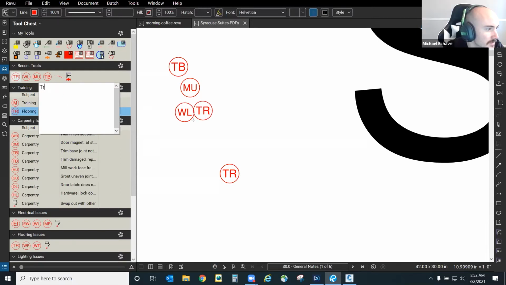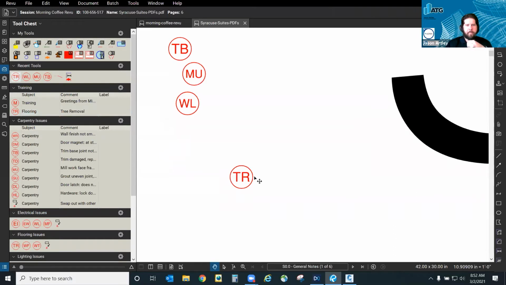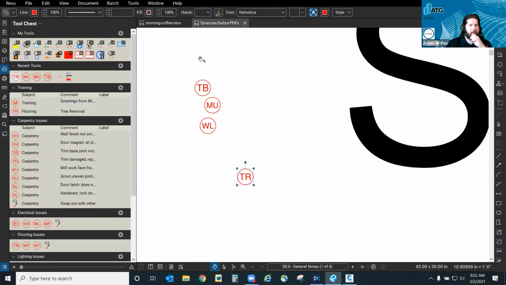For example, TR, tree removal, which is sad. I don't like to remove trees. So easy to create. I usually just modify these because these are already set up pretty nicely. Because if you set them up the wrong way and you put the comments in, it's going to change the